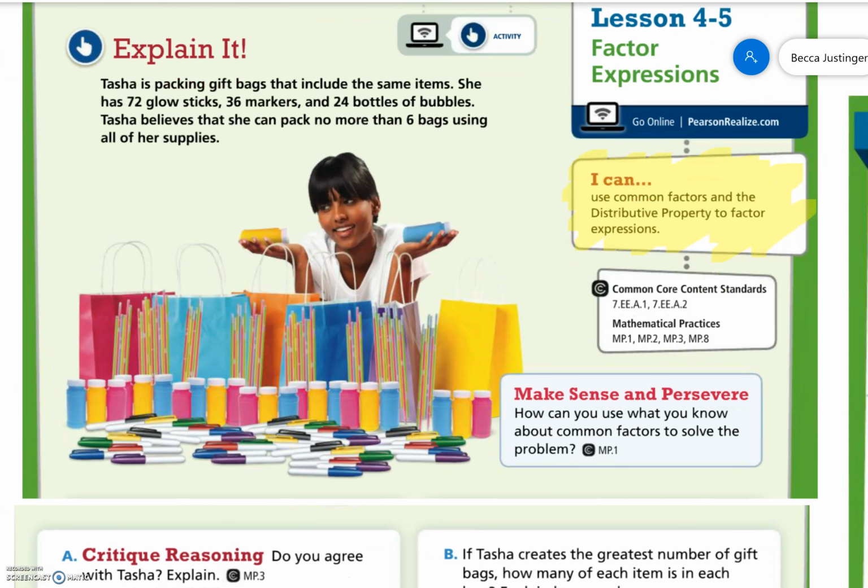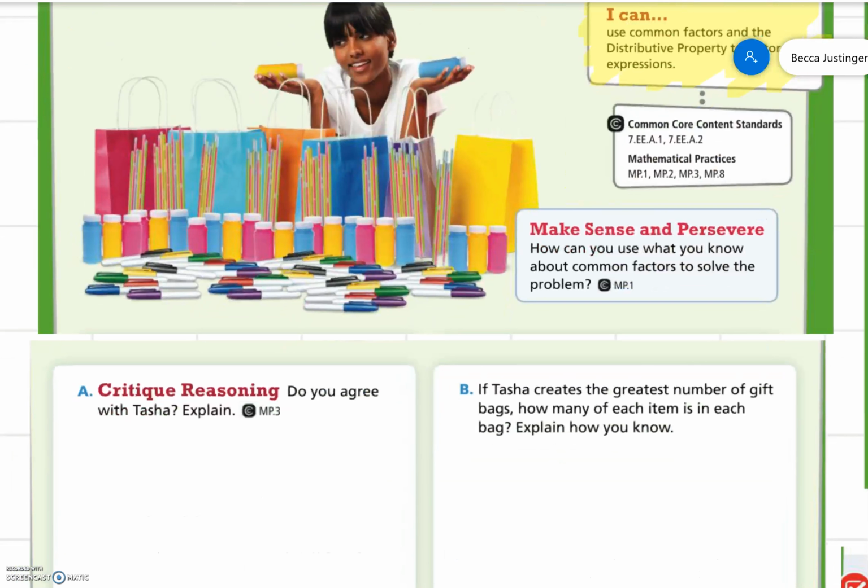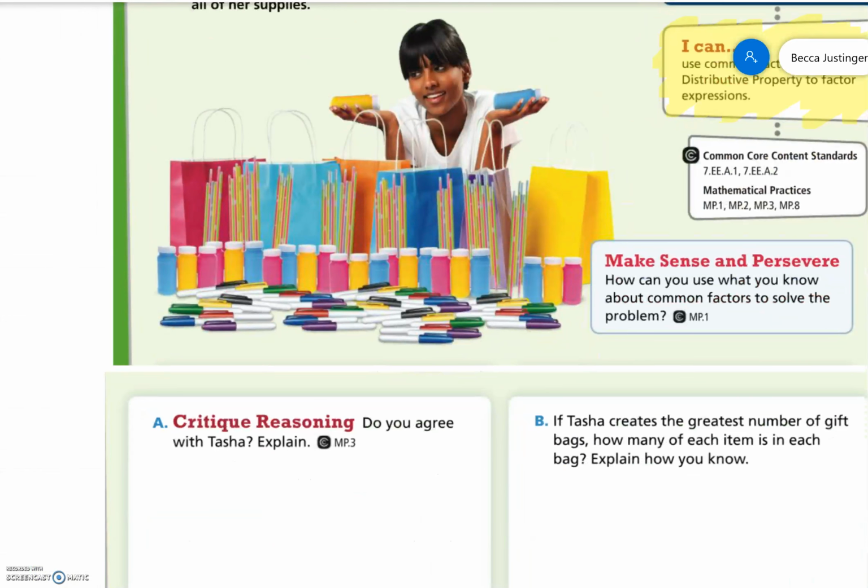Let's explain it. Tasha is packing gift bags that include the same items. She has 72 glow sticks, 36 markers, 24 bottles of bubbles. Tasha believes that she can pack no more than 6 bags using all of her supplies. Do you agree with Tasha? Explain. So let's see, if we have